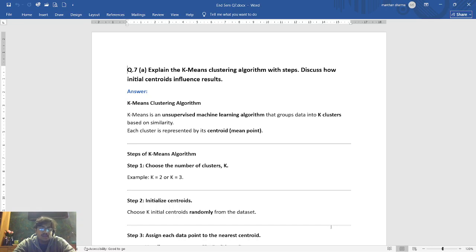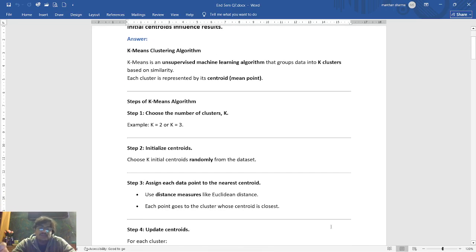Okay, so let's begin with K-means, which is an unsupervised learning algorithm used to group data into clusters based on similarity, and each cluster is represented by a centroid, basically the mean point of that cluster. So the steps of the K-means algorithm would be